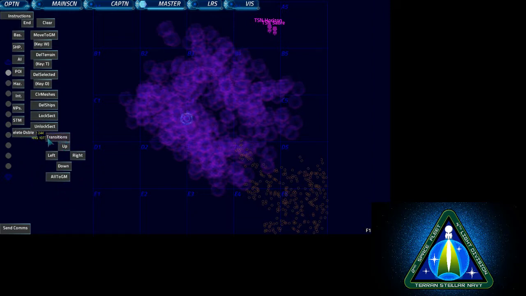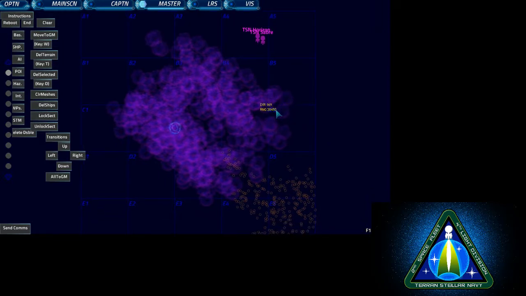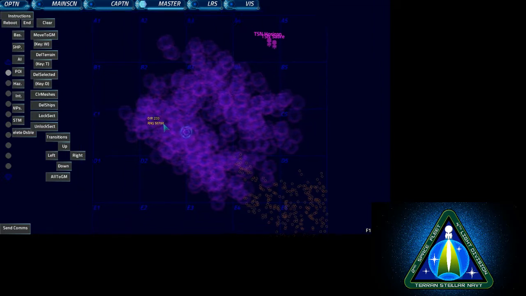This transitions is just a reference. The button doesn't actually do anything. You then have 4 options: up, left, down and right. These move all the player ships to a particular point on the sector map and trigger a transition. So for example, I believe we're in Crescenda sector 6 here. If I want them to move right, I can click right. It will move these 2 ships to a central point here. It will trigger a transition and it will move us into the next sector,